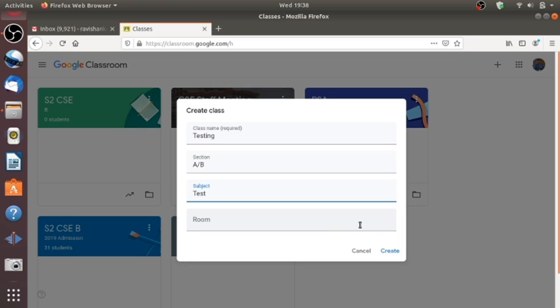For example, you can give class name as S2 CSE, batch as A or B, and let's say subject name as programming in C. Once you do all those things, click on the create icon so that the class will be created. It will take a little bit of time to create the class.